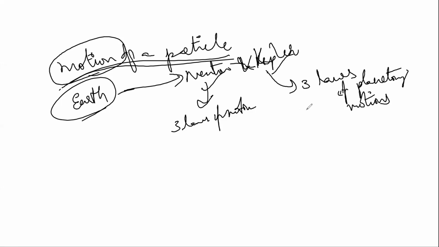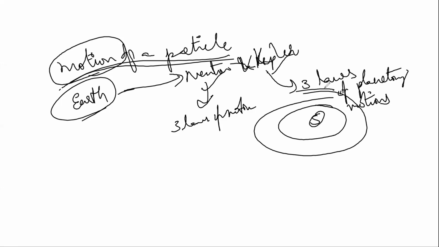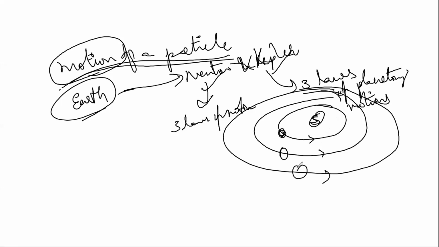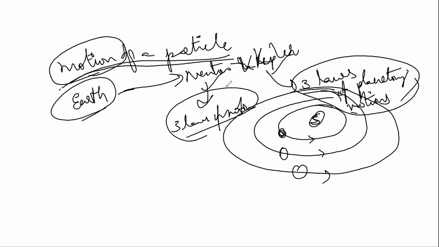That is movement of planets around the sun. So this is the sun. He has given the observation based on the observations on planets' movement around the sun and about themselves. Each planet revolves around itself with respect to its own axis. You know that that's called spinning. At the same time, it rotates around the sun. Based on these two principles, Kepler has derived three laws of planetary motion. Those are called Kepler's laws. And Newton has given three laws of motion. They are called Newton's laws. Okay. Now let us see each of the laws of Newton.